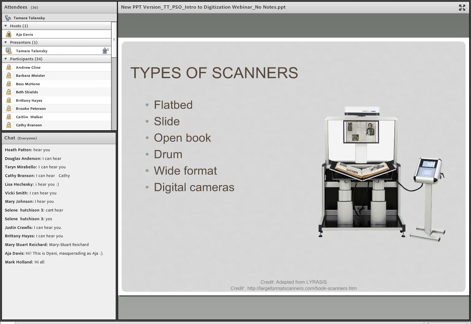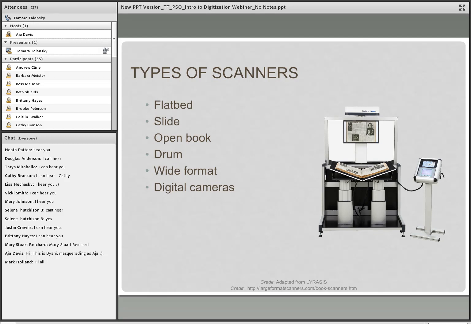And then we've got digital cameras. Large format materials such as maps, posters, or 3D objects and artwork can require a digital camera. A lot of digital cameras do not have the capacity to create sufficient resolution for preservation capture. However, professional level cameras do produce very high quality images. They're very expensive. Ultimately, the right choice for you will depend on your project, your goal, and the materials within your budget. So try to think ahead and be flexible.